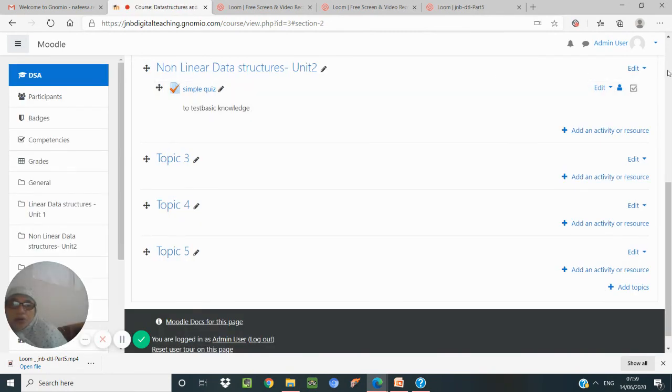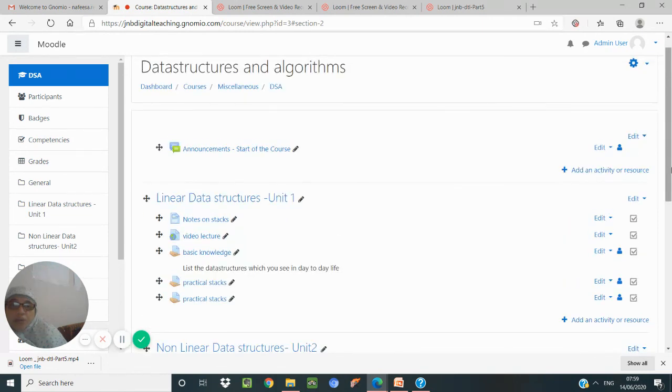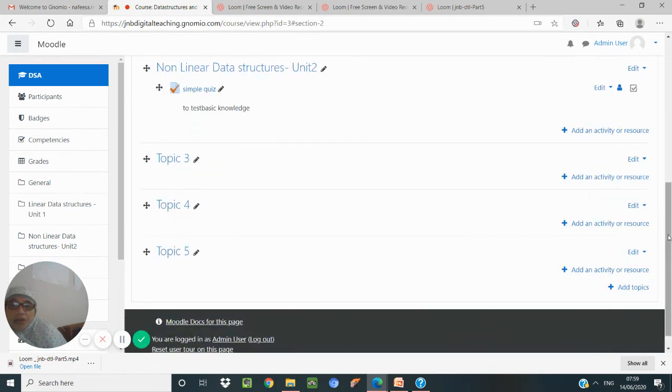Now what is the format of the quiz we have given? Now the quiz structure, what are the things that have been given, and the questions are available in the text. Now we have to put it into the question bank. So what we do is we go to site administration.